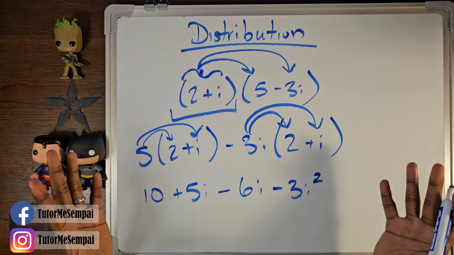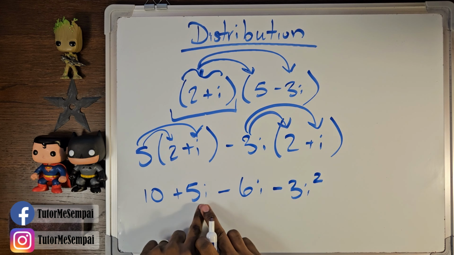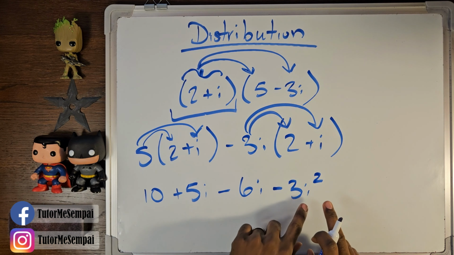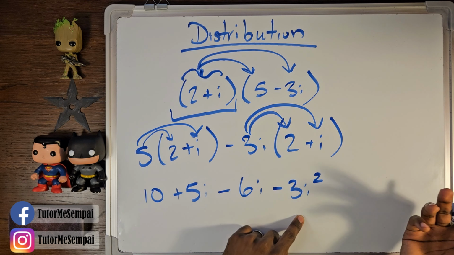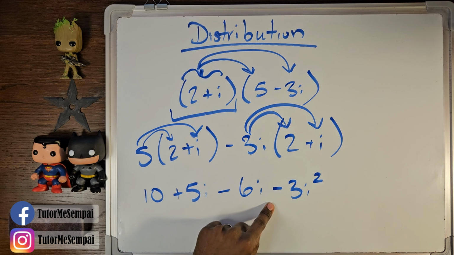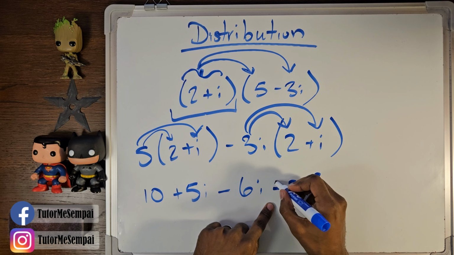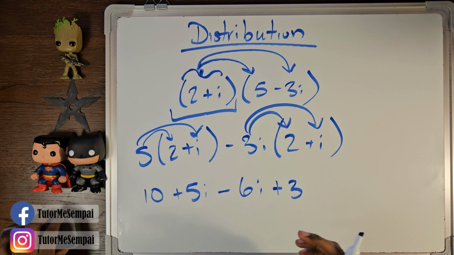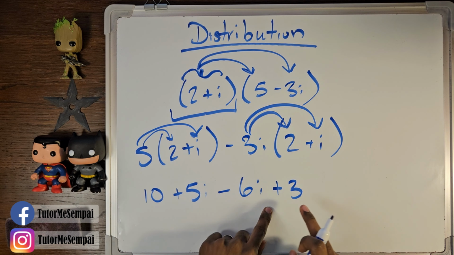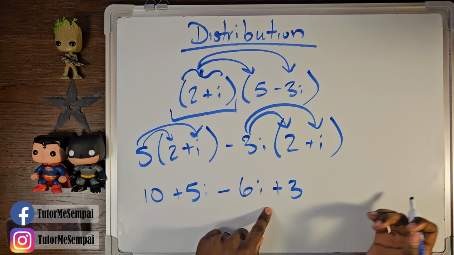Now always simplify your i's as much as possible. You can't simplify that one, but you can simplify this. i squared is just going to be negative 1. We have a negative here, so the negatives are going to cancel out, giving you a positive. So this i squared is going to go away because it's a negative 1 times that negative 3, giving you